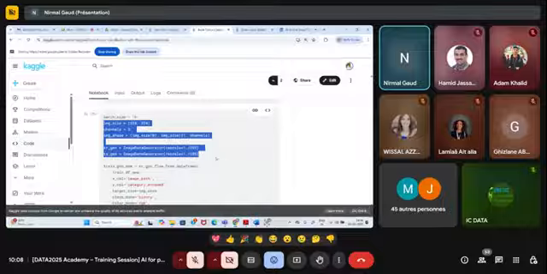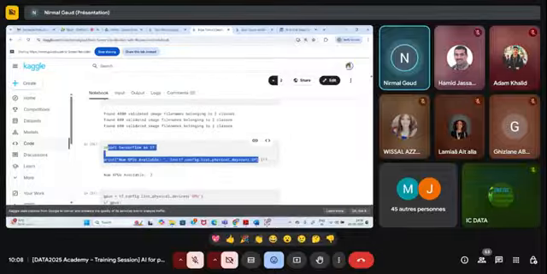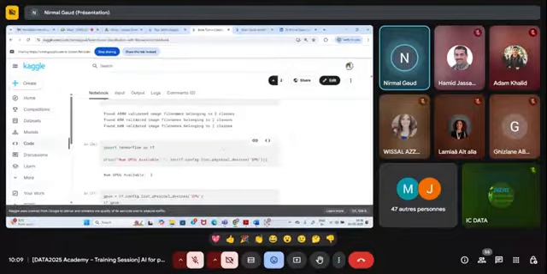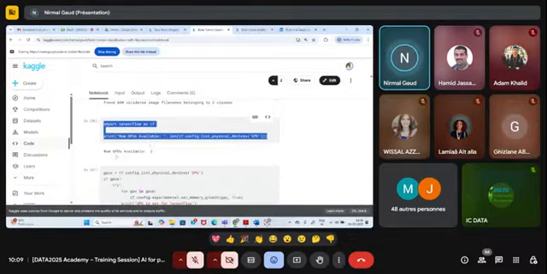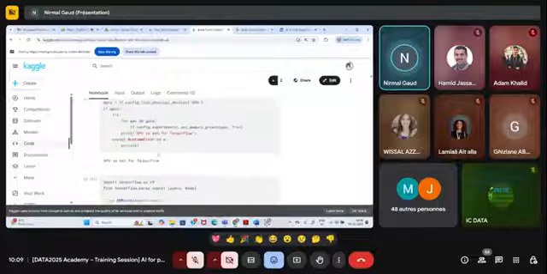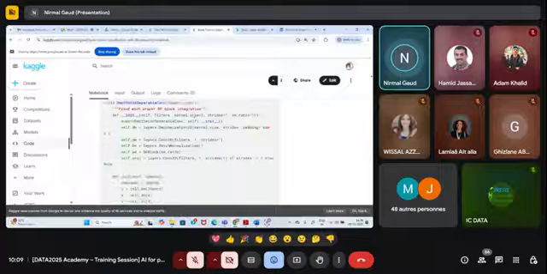Then after dividing your data, I activated the GPU, the graphic processing unit, because if you work with images, a large amount of data, you require the GPU. And in Kaggle, you get free GPU for 30 hours in a week. So I prefer the Kaggle notebook where I get free GPUs for 30 hours. I'm using 2 GPUs that are available with me. And here is the architecture which I have built.